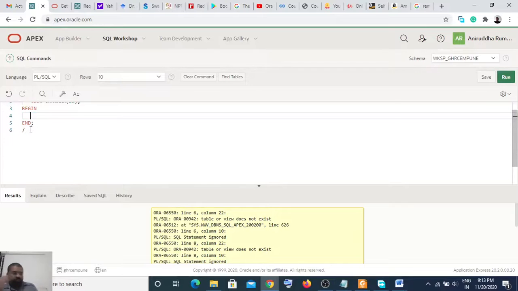Okay, so what we are going to say here after begin is dbms_output.put_line, and in parenthesis we are saying